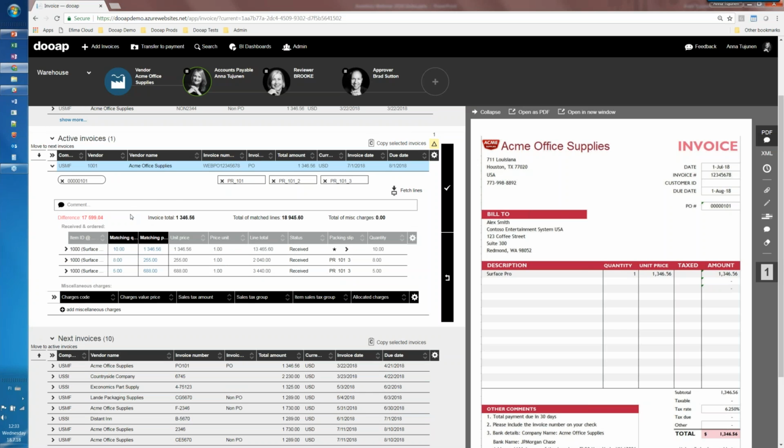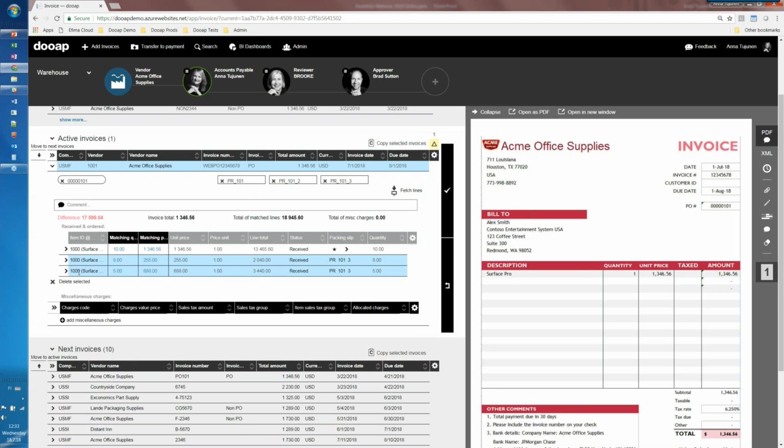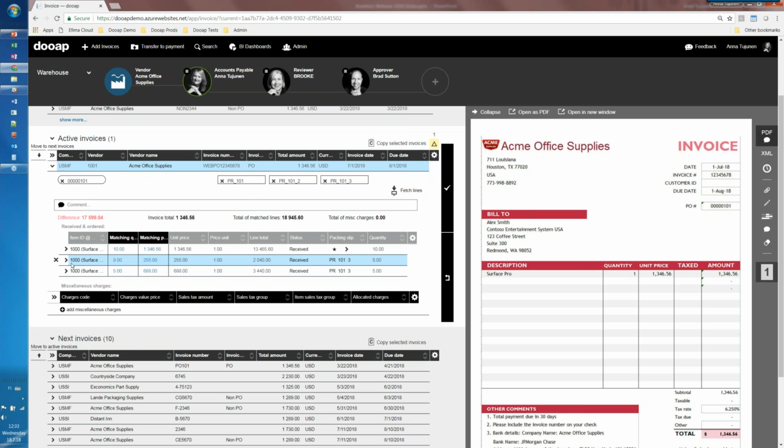Our validation is saying that there is a big difference with the invoice and the product receipts. So our invoice total is this much, but the total of the match lines is much more. Now, I could start doing the changes directly to the matching lines. So if I now need to make corrections of either a price difference or a quantity difference, or just removing some lines fully, I could do that.